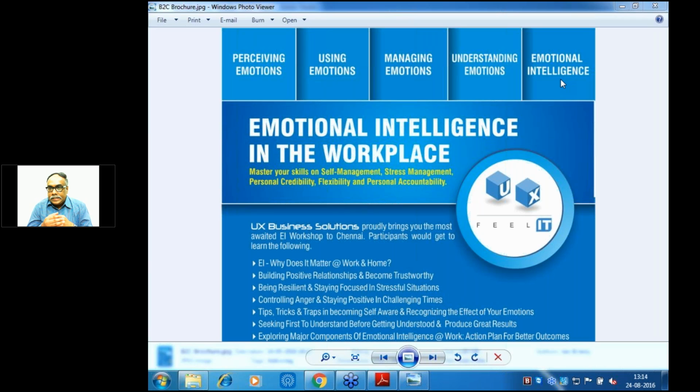Let me give you a quick example here. When I was waiting for a flight to catch, in the airport, and I see an SMS on my mobile that the flight is cancelled, what kind of emotion you will choose to display is what I'm going to speak about now. Now, imagine the situation. You have a ticket, you have passed through the security, you're waiting at the gate to get into the flight, and you get an SMS that your flight is cancelled.